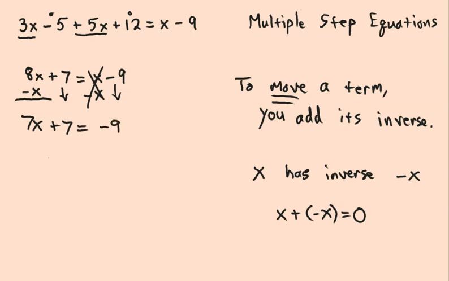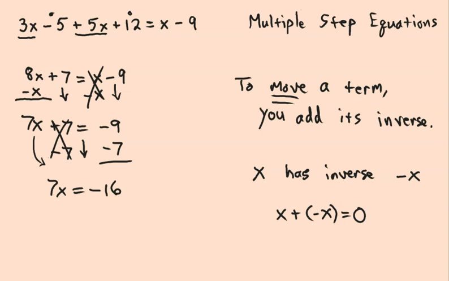Now it's a two-step equation. We've done everything we need to do. Now it's a two-step equation, and we do it just like any other two-step equation. We're going to do the addition first. We're going to add negative 7 to both sides, and that's going to 0 out over here. We're going to carry down the 7x, carry down the equal sign, and then negative 9 minus 7 is negative